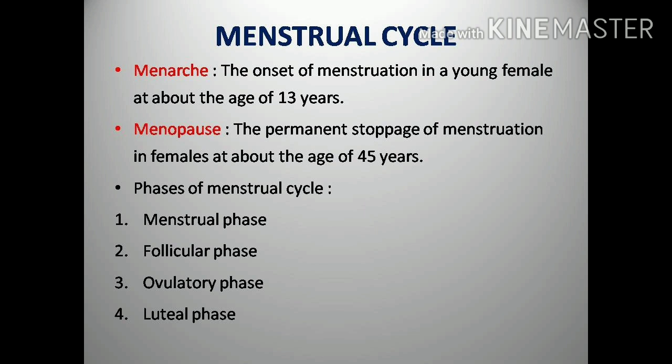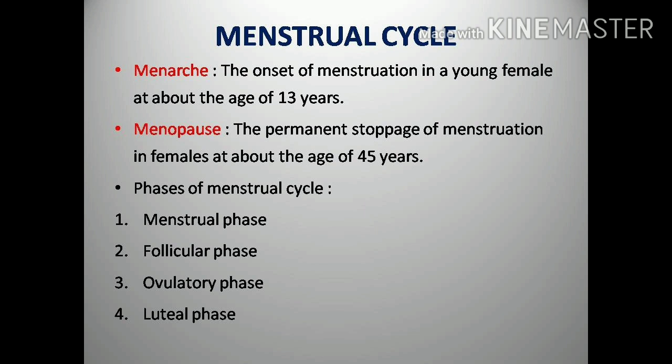Next, luteal phase. It lasts from 15 to 28 days. The uterus lining thickens further after the release of the ovum. Here, the follicle in the ovary turns into a hormone producing tissue called corpus luteum. So, I already said when the Graafian follicle ruptured, it releases the matured egg, and that ruptured Graafian follicle converts into a yellow mass-like structure that is called corpus luteum.